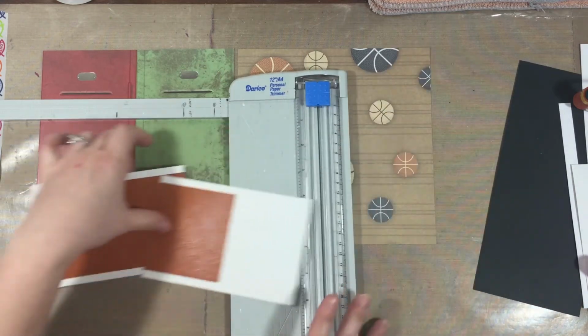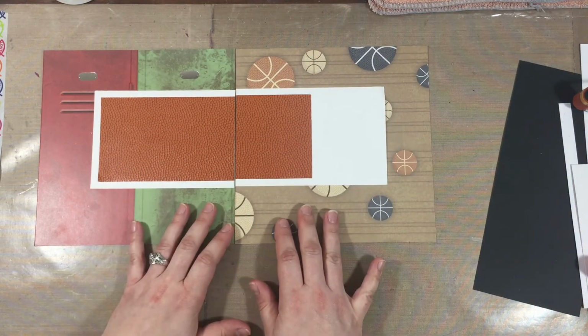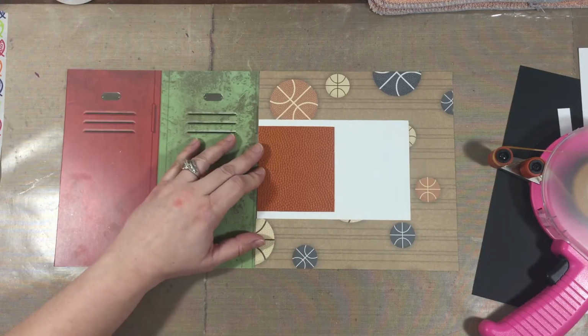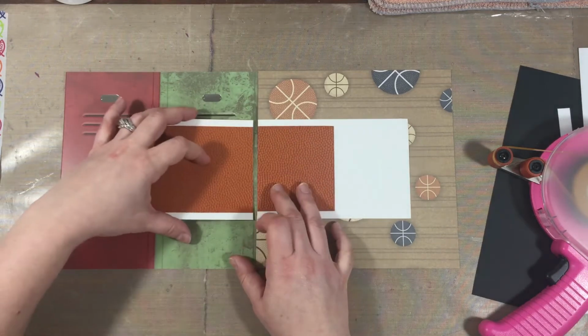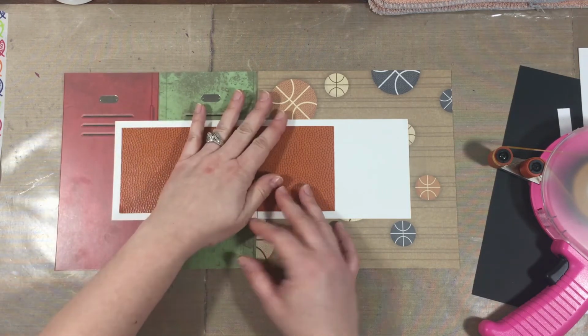If we go like this, then we can just simply go like that, okay? It's going to be much easier than trying to do all that other stuff. And let's adhere this down. As you are adhering, have your papers lined up on the table in front of you so that you can really get these lined up correctly. After that,